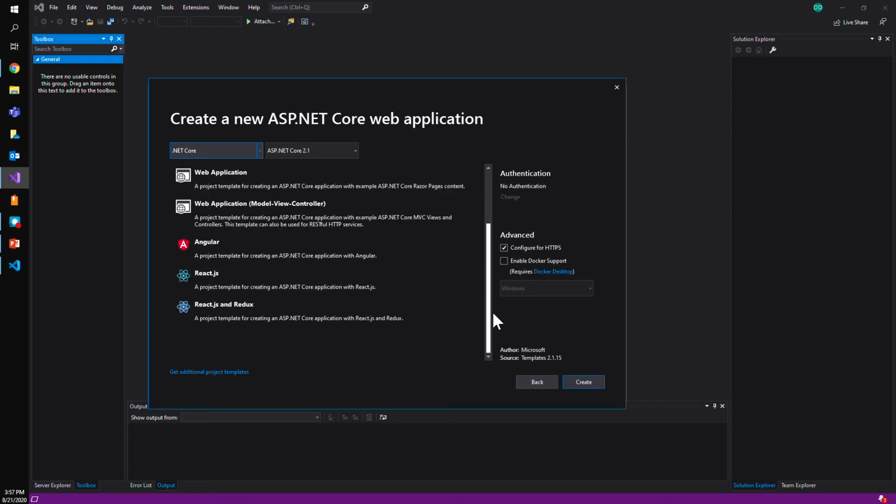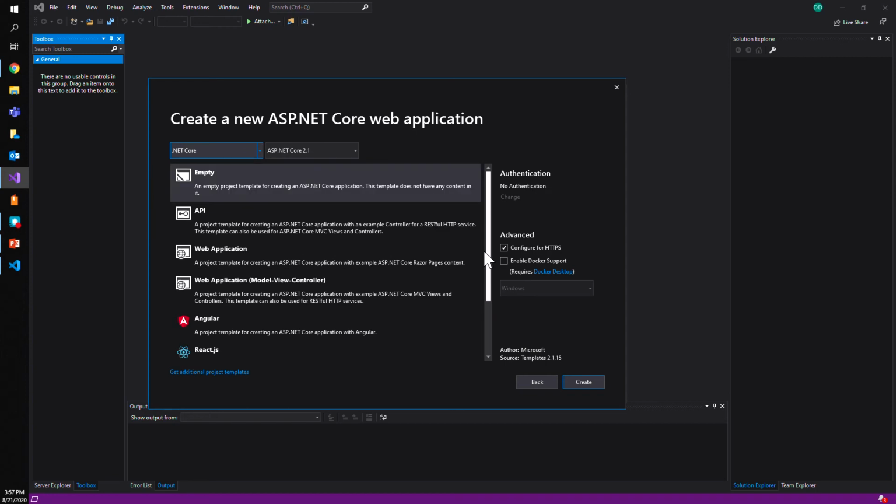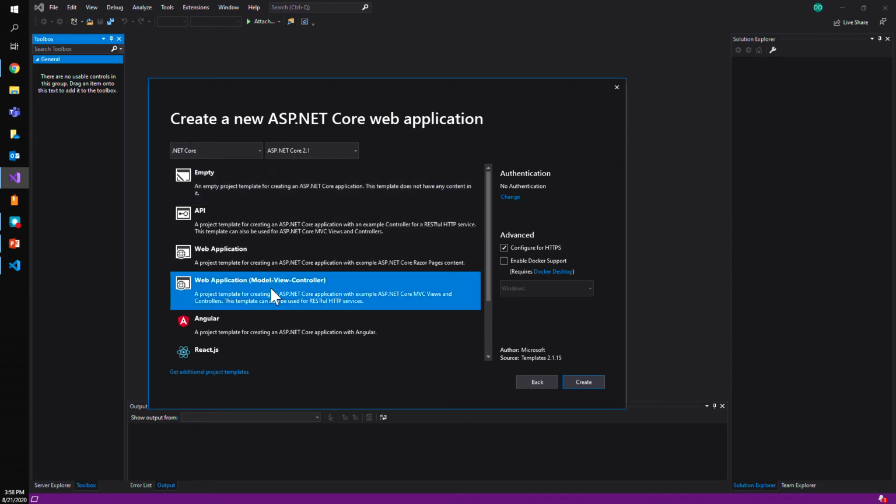So anybody familiar with React and Angular? Angular was built by Google, which is a web framework using JavaScript. React is another JavaScript framework for the web that we will not be covering in this course. React was developed by Facebook, actually. But the ones we'll be working with primarily is either an empty or a web application using a model view